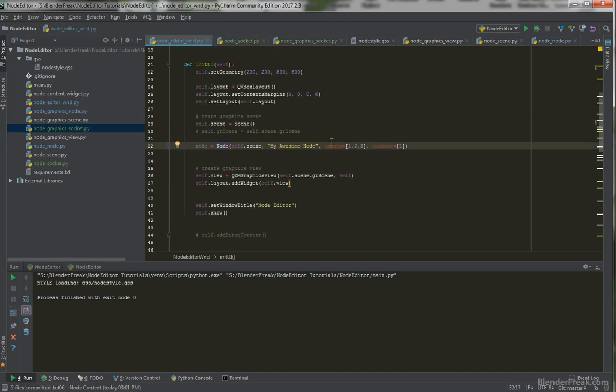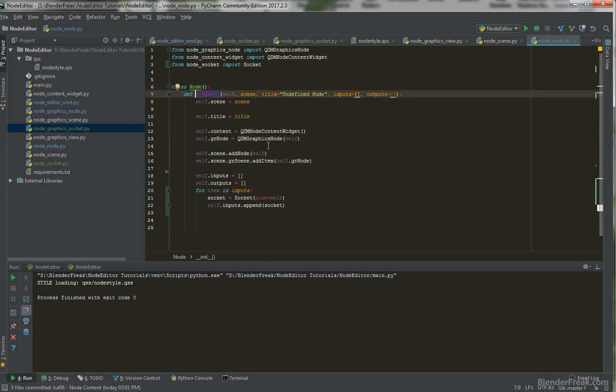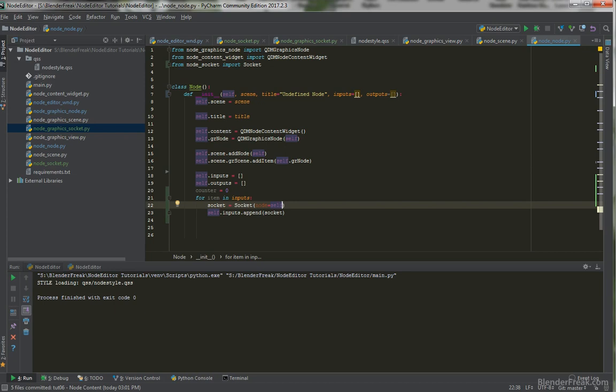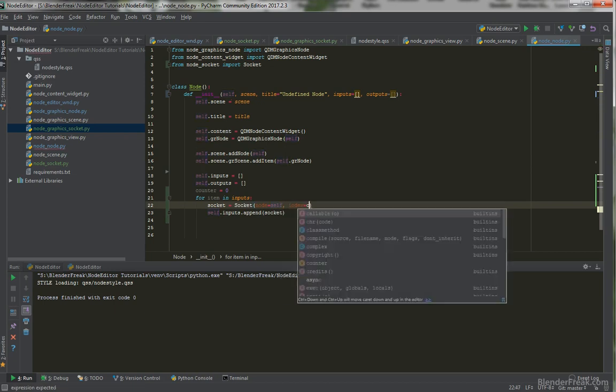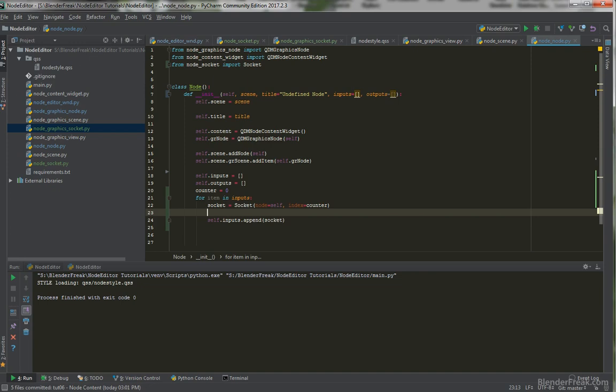So we can go to the node again here, and when we are creating the inputs, we can create a counter. So counter will be 0, and index will be counter. After that, we can say counter plus equals 1, and then we are going to append a socket,